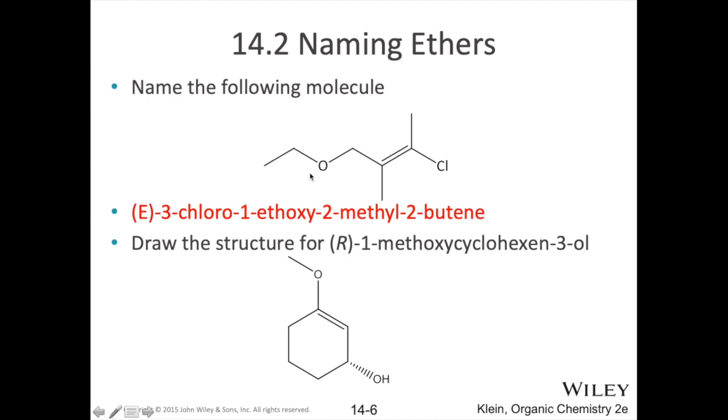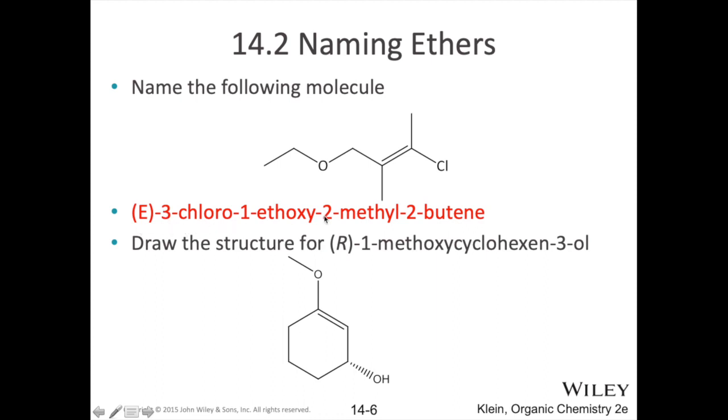All right, so the key thing here is our larger group is going to be our parent chain. Okay, so we've got 1, 2, 3, 4 carbons. So that would be a but- prefix to that parent chain. It would be butane, but there's a double bond in there, so it's actually butene. Our double bond is between carbons 2 and 3 of our 4 carbon chain, so it's 2-butene. We have a methyl group at the 2 position and a chlorine at the 3 position. So we mentioned that in